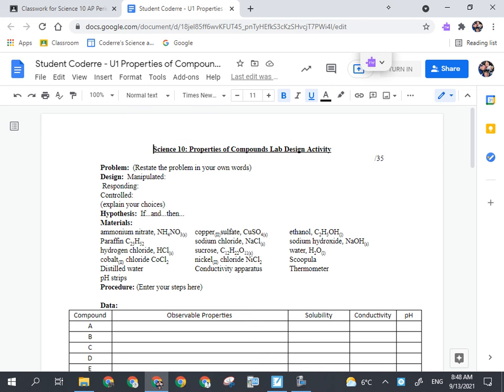Then you've got your list of materials. In that list of materials are the possible identities of the unknown compounds for tomorrow. All right, so ammonium nitrate, paraffin, which is candle wax, hydrogen chloride or hydrochloric acid, cobalt-2 chloride, distilled water, pH strips. That's not an unknown, by the way. Those are just some of the things you need. Copper-2 sulfate, sodium chloride, sucrose, nickel-2 chloride, conductivity apparatus, not an unknown compound, I'll show you that. Ethanol, sodium hydroxide, water,